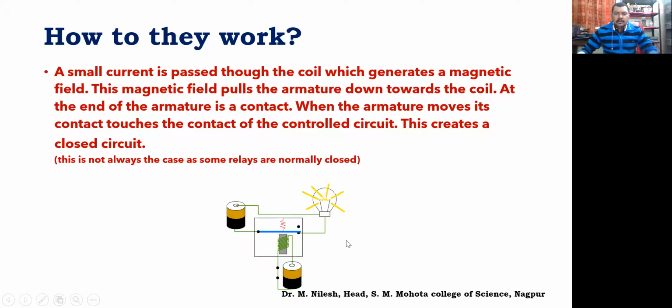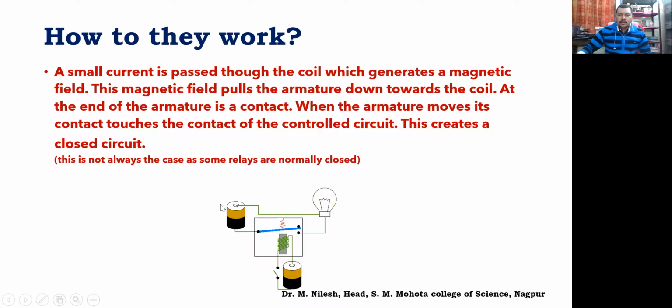Okay, so the current passes through the coil, and this becomes a magnet, right? And as soon as it becomes a magnet, this soft piece is attracted towards this position, which makes the connection, and the circuit is complete, and the light glows, right? So as soon as we switch this on, we can switch the AC signal on or off. I guess you have understood the working of a relay, right? So this is the basic concept of how a relay works.